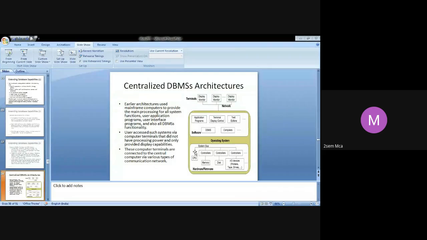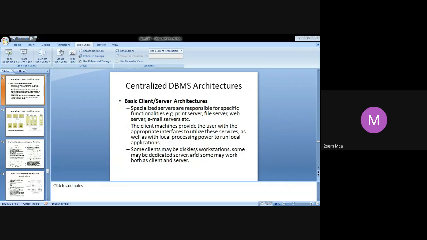Now, once hardware prices started falling, you could afford more systems. That is when you had the client-server architecture. So as I said, you had this basic client-server architecture wherein you tried to have some kind of specialized servers.